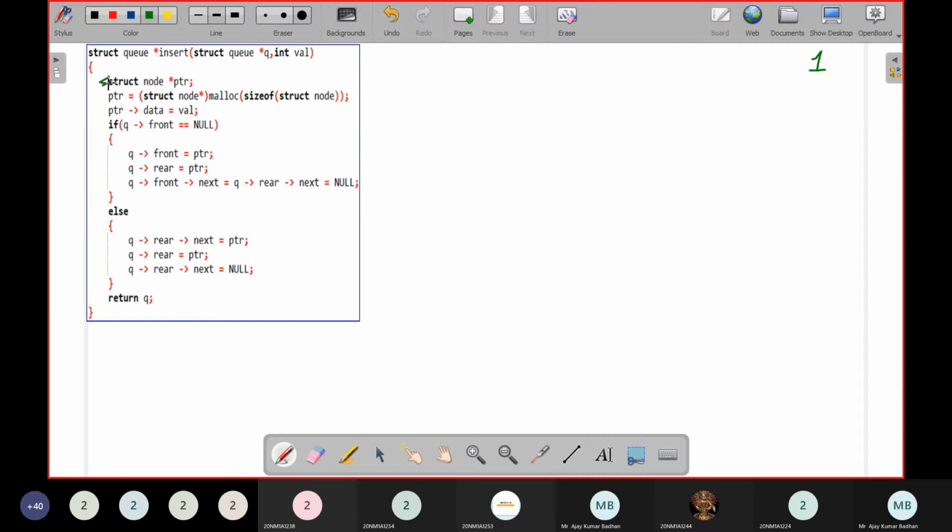So I'll be entering here struct node star pointer. This is a pointer variable which refers to the new node that is created. Remember, right now I want to insert the number 1. There are no elements inserted, and this is the first element I'm trying to insert. So first I have to create that node. How to do it? struct node star. I showed you the diagram, the structure with respect to your node. So struct node star malloc size of struct node. This will create a new node, and this node is pointed to by the variable called ptr.